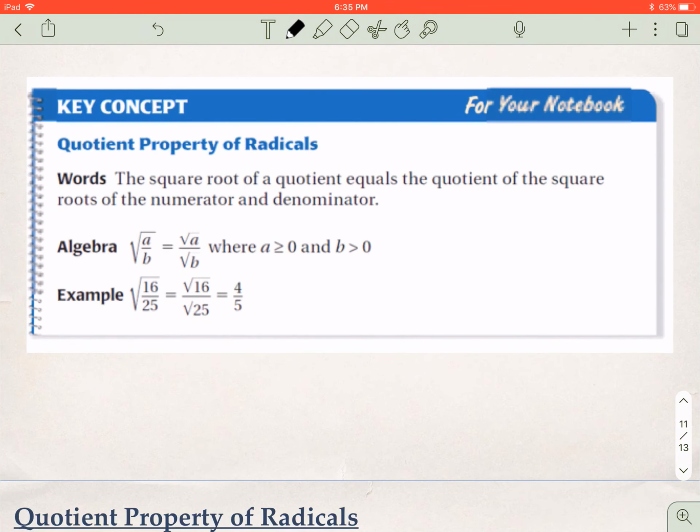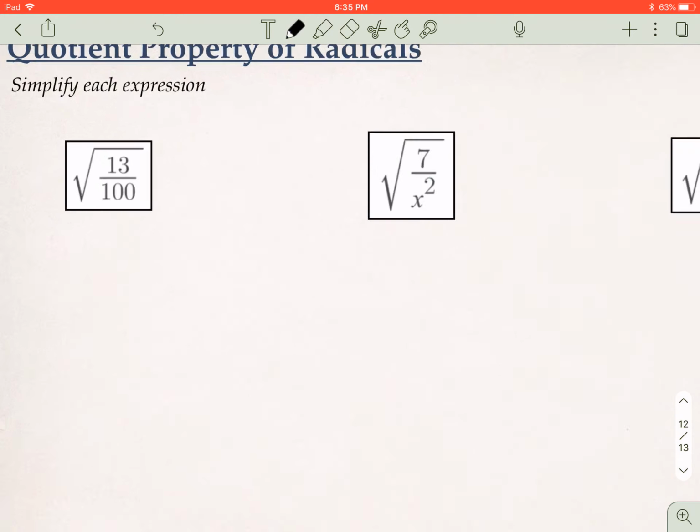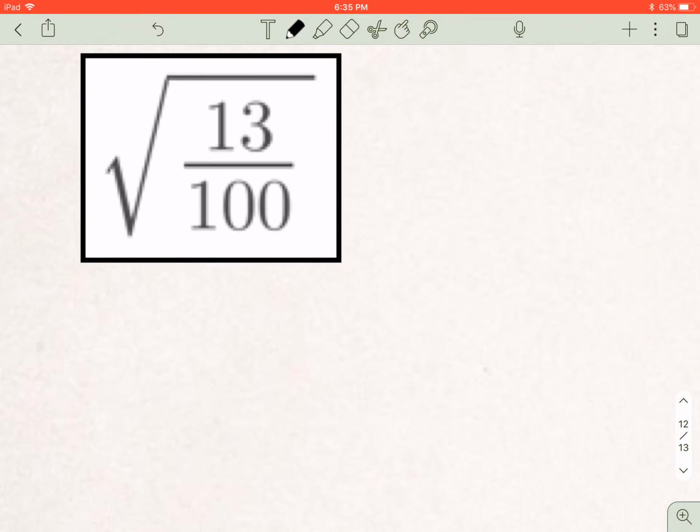So the main thing about the rule, and if you remember, we do not want to leave any square roots in our denominator. We would have to rationalize that. We're not going to deal with that today, but that is something we will have to worry about at some point. So the quotient property states that the square root of 13 over 100, well, if we look at that,